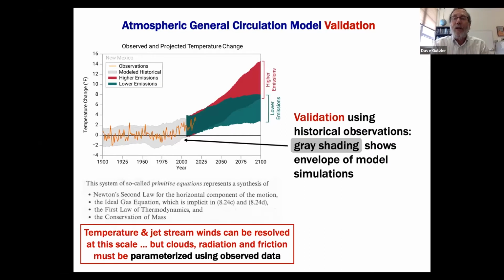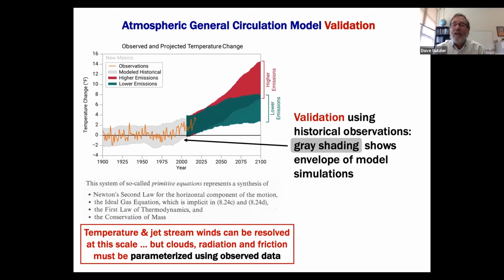Right? So if we think that gray shading indicates that the models seem to be doing kind of the right thing, simulating New Mexico temperature, then it increases our confidence that if we change CO2 levels going out into the future, out to year 2100, like the red and green shading, that maybe the models are giving us a reasonable projection, given that they've produced reasonable results for past climate variability where we know what the right answer is in terms of temperature, right?